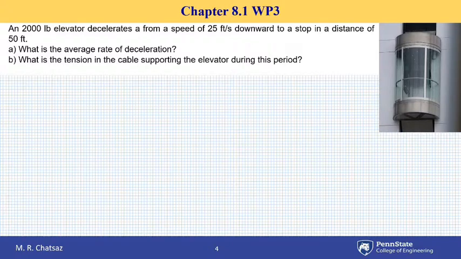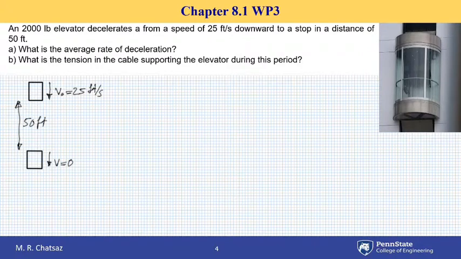So let's first do a little bit of kinematics. Initially we have, let's say, a velocity of 25 feet per second downward, and then after it travels, let's say 50 feet, we have a final velocity of 0 when it stops, and this occurs over a distance of